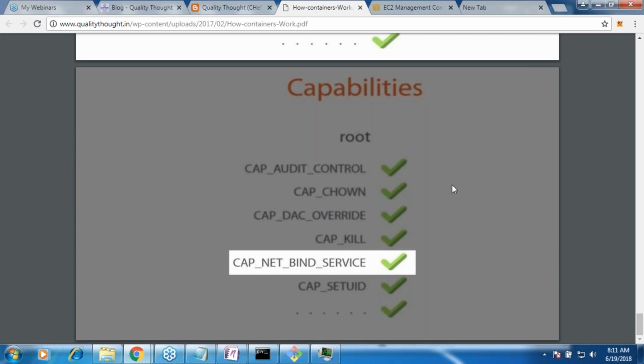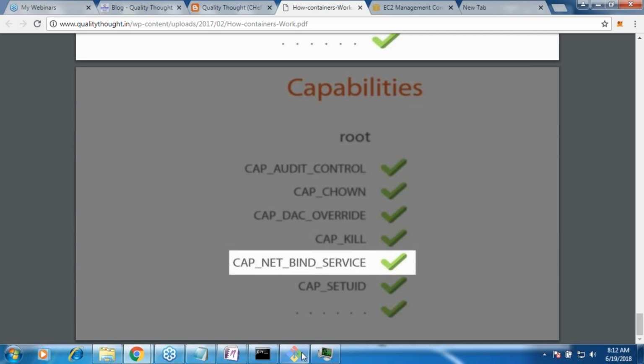So three basic concepts. One is namespace. The other one is cgroup. The third one is capabilities. Capabilities doesn't come into play very often, so that's why I have just one slide on that. But most of the things happen via namespaces. So in a container, you are getting a basic file system.